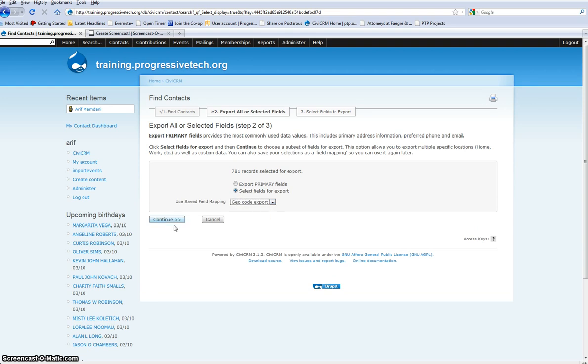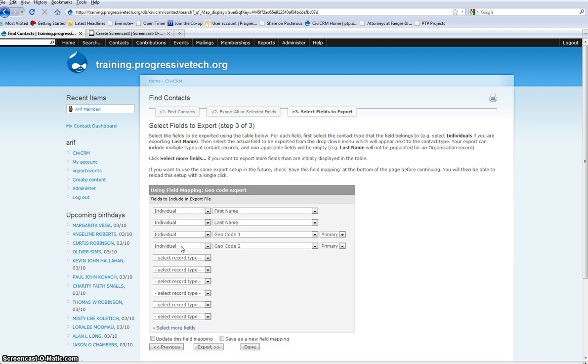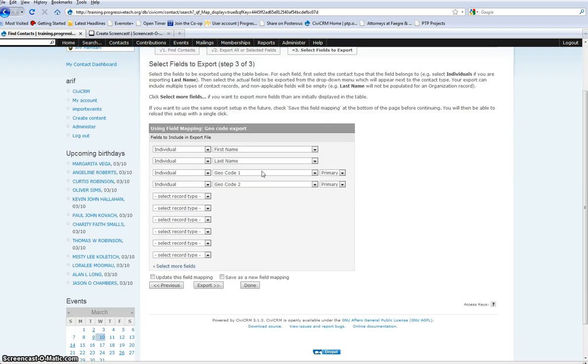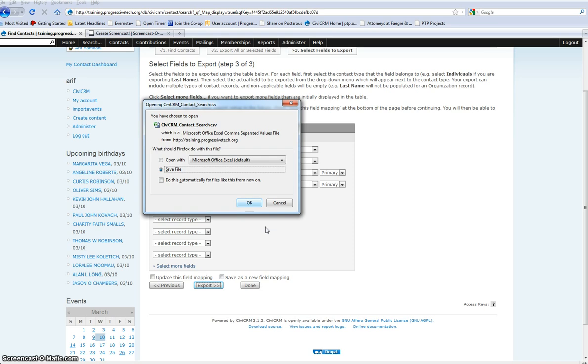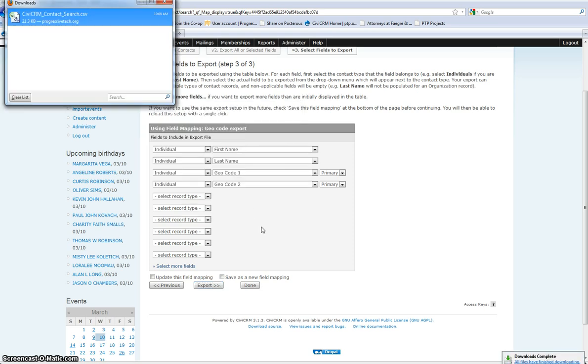And I'm going to use the export field mapping that I created to export first name, last name, and the geocode. So we've got first name, last name, geocode 1, geocode 2, that's latitude and longitude. Go ahead and click export on that, and I'm going to save my file. So you'll notice that when it comes out, it saves it as a CSV file, which is exactly what we want,